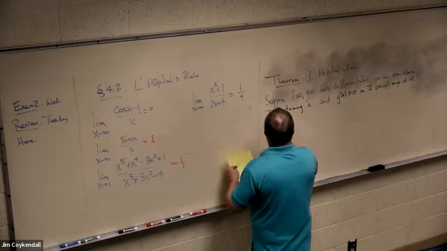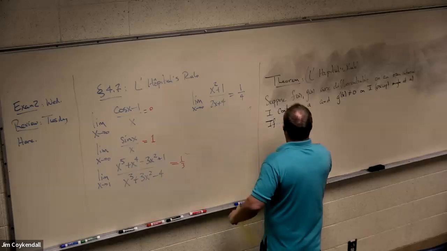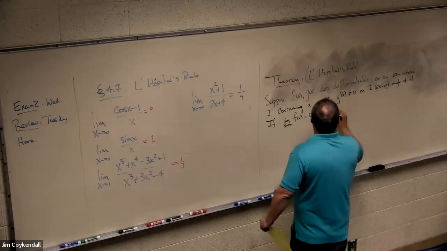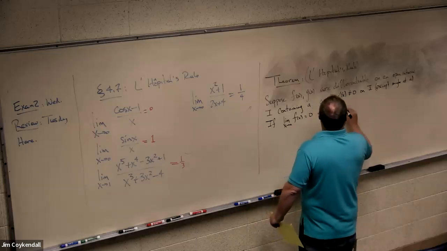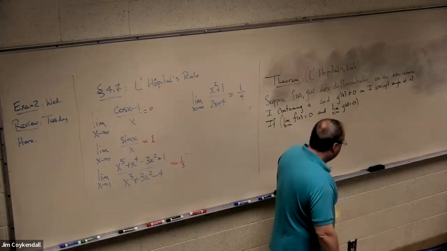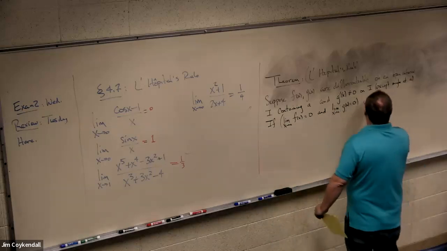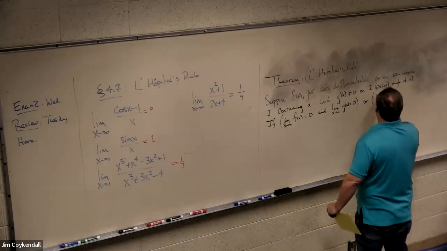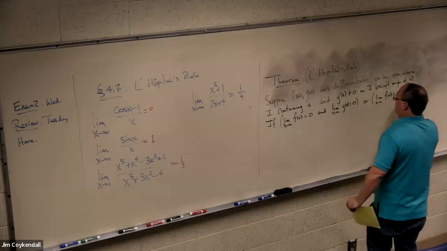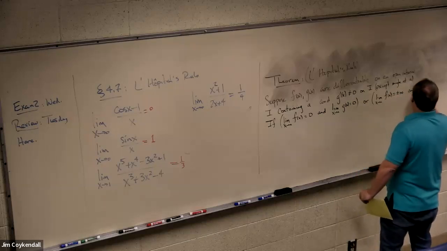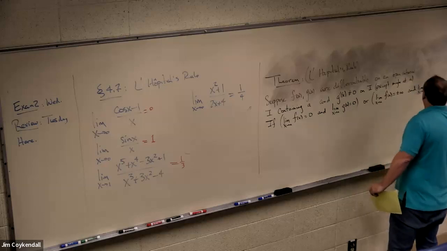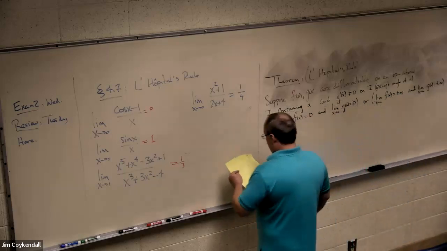If the limit as x goes to a of f of x equals zero, and the limit as x goes to a of g of x equals zero, both of these happen, both of them zero, or the limit as x goes to a of f of x is plus or minus infinity, and the limit as x goes to a of g of x is plus or minus infinity. Then